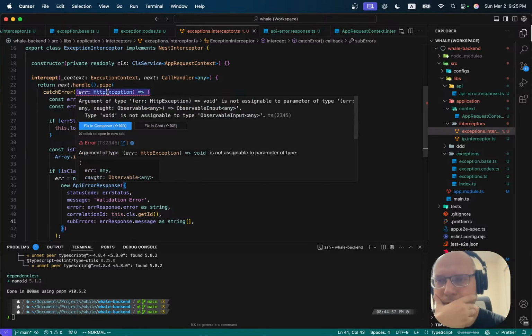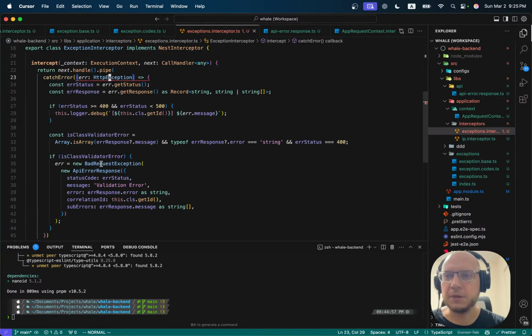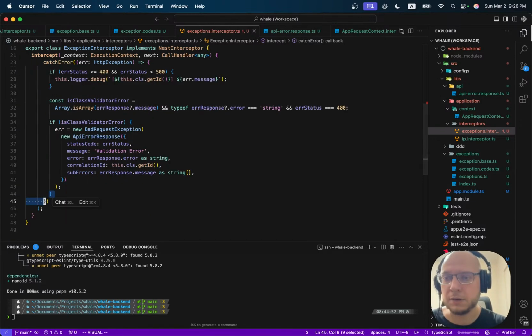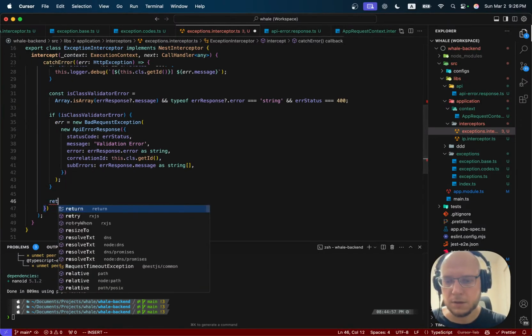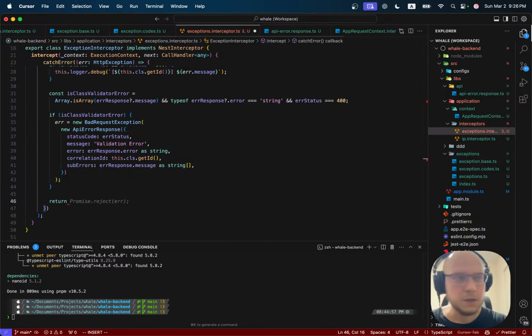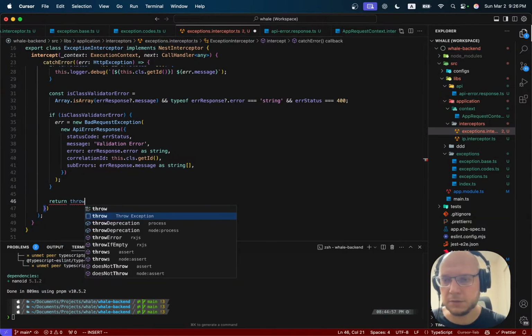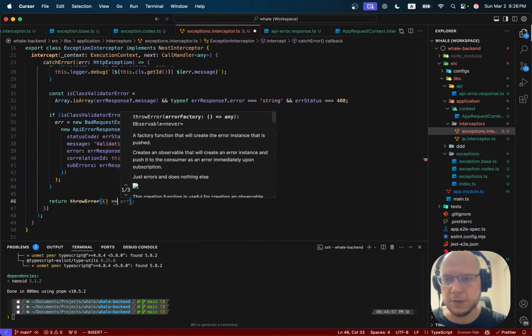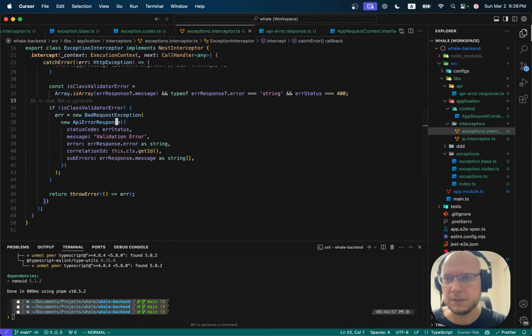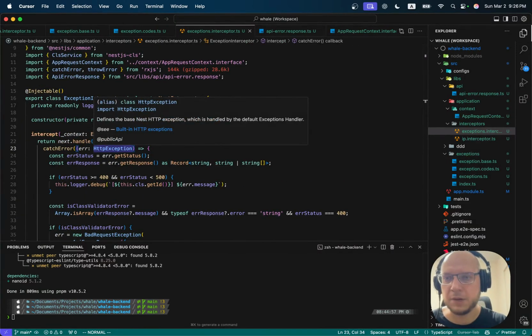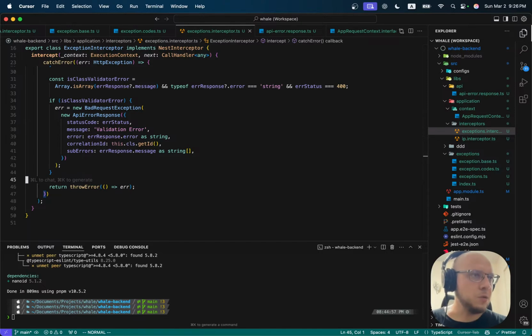What's wrong here? Type void. So we need to return something, and we just need to throw an error. Return throwError function from RxJS, and we return an error here, like this. So yeah, the type error has gone. But what else do we need to do? We need to check,